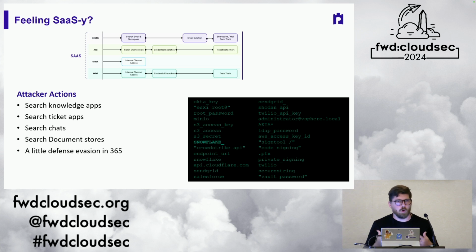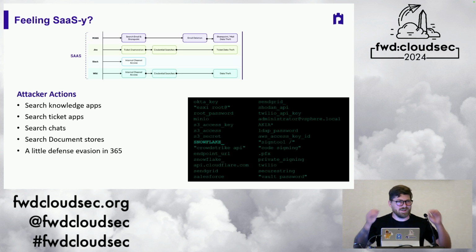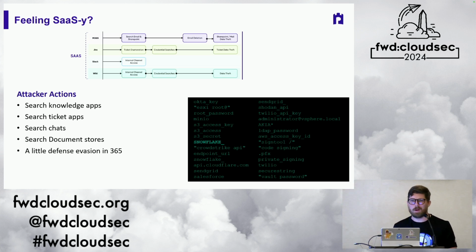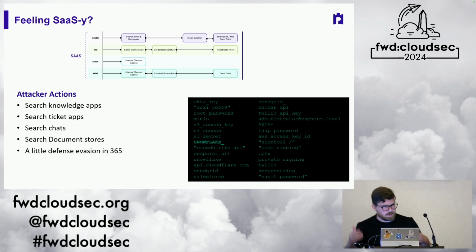Those are terms no one searches for legitimately. If someone's searching for AKIA in your environment, they want creds, right? A couple up there threw me off at first. I'm like, why is somebody looking for Shodan API keys? We all have a lifetime subscription at this point through Humble Bundle. So what's the deal there? But it's not the key that they want in that one, or at least I suspect it's not. They want to know the script that you're using that references that key, so they know how you're doing enrichment, right? So it's stuff like that that they're really going after.